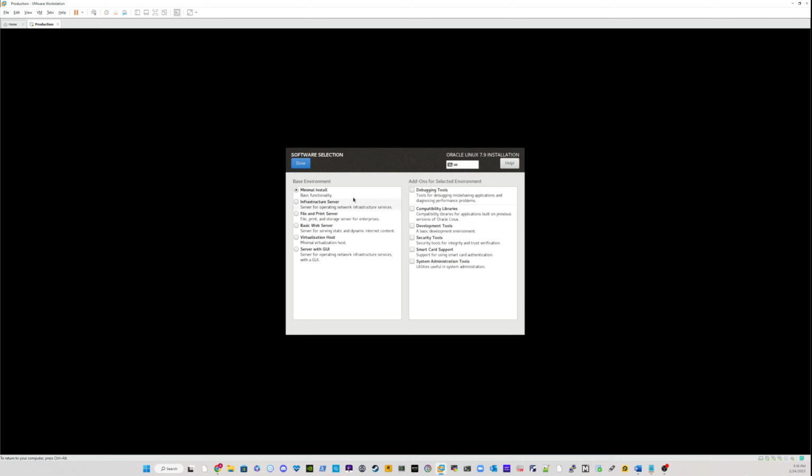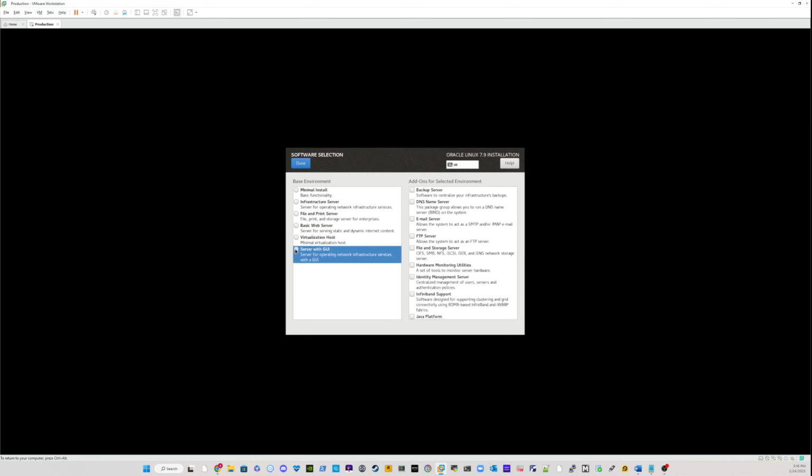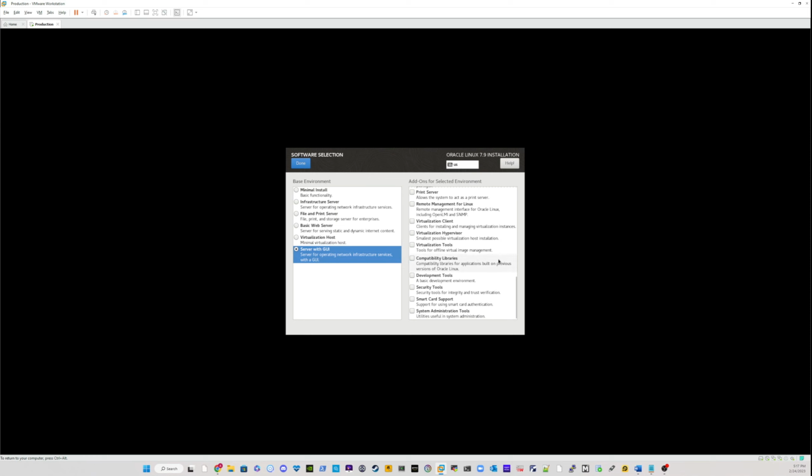On the software selection, this is by preference. Whatever you prefer is what you can select here. So I want a server with GUI, so I have a graphical user interface with point and click. I don't want to install just the command line interface. There are other options to the right, but I'm not going to select anything. Only the server with GUI is enough for me. I'll click on done,